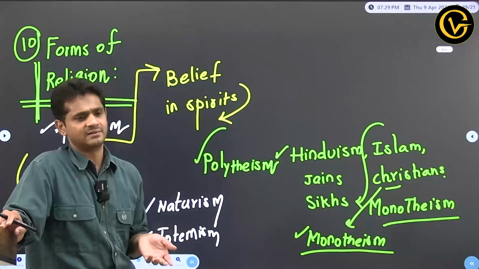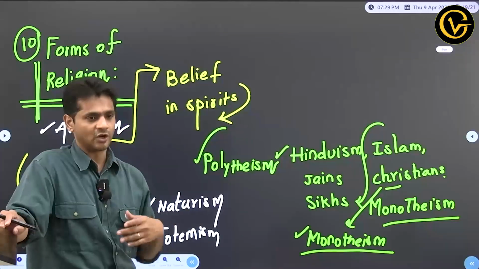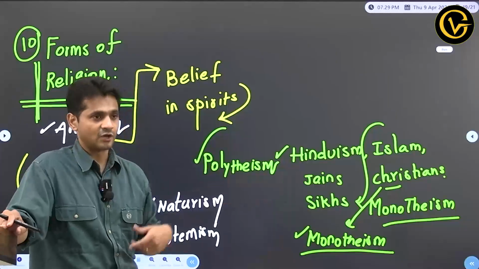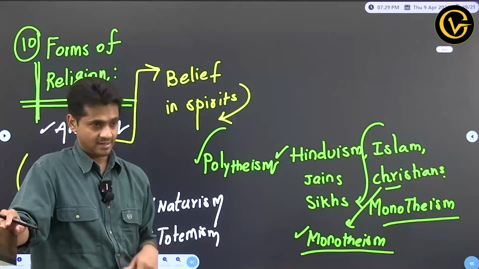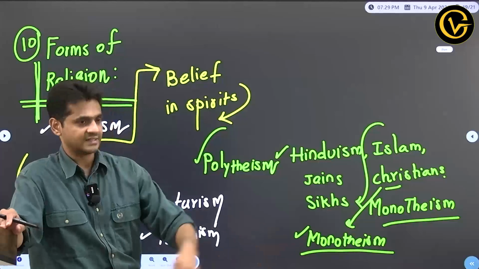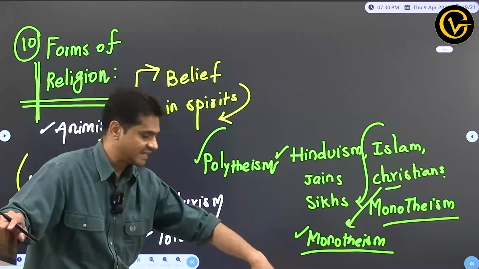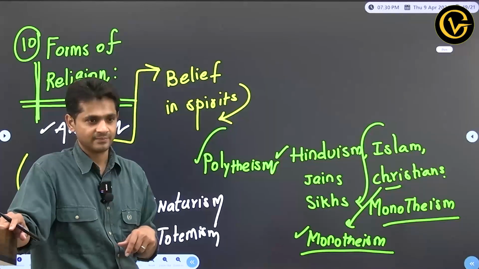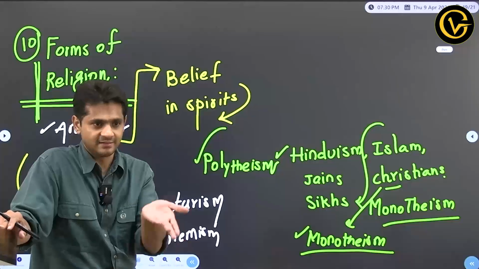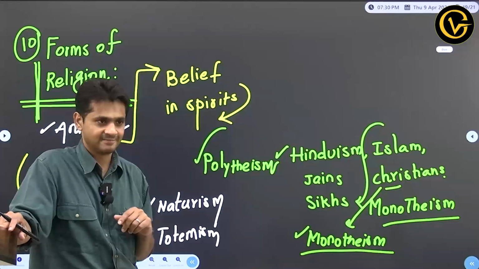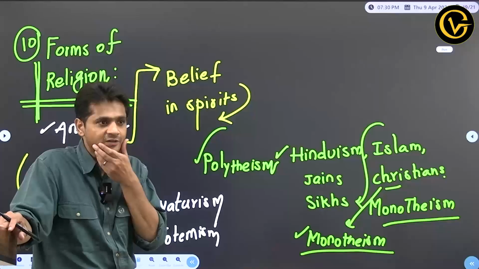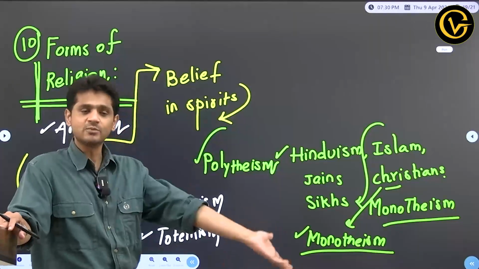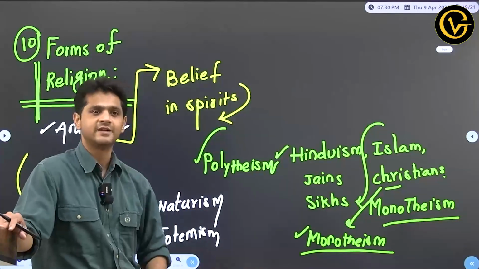It's very easy to explain. Let's say there is a piece of cloth and you walk on that piece of cloth. Now there is another piece of cloth on which there are 3 lines. Topmost line is red, bottommost line is green, middle line is white, in the middle there is a wheel. Now you walk on that. What will happen? You will probably be arrested because you have violated the flag code of India. But this is also a piece of cloth. You got my point? This is also a piece of cloth. But it's possible that you might get arrested for violating the flag code of India.